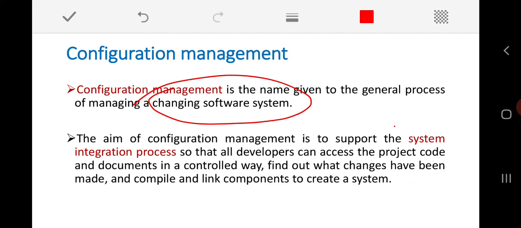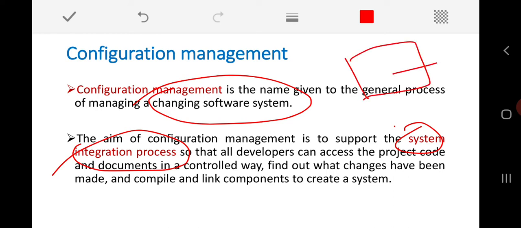Configuration management supports the overall system integration especially. This is very much essential for the system integration process. Why? Because we never develop a software as a single entity. Normally our software is developed in terms of independent component units, which are then integrated to make subsystems, and so on. Ultimately, integration is a very important process to build the final software.